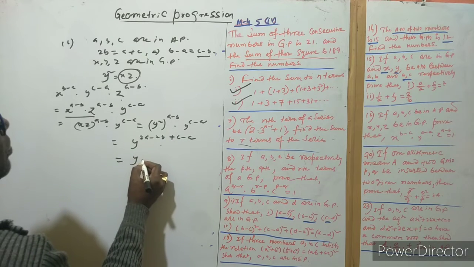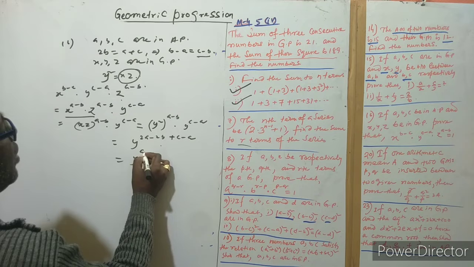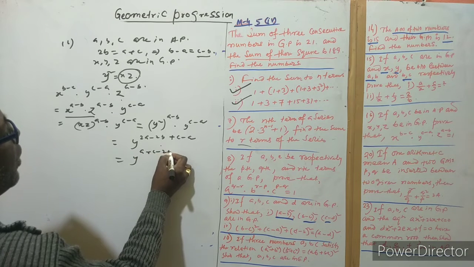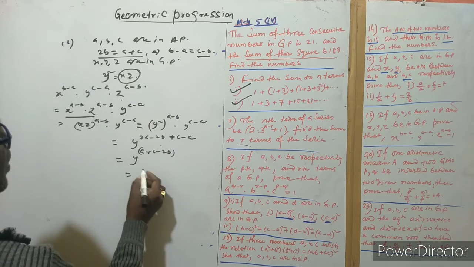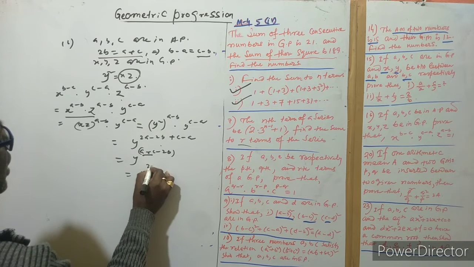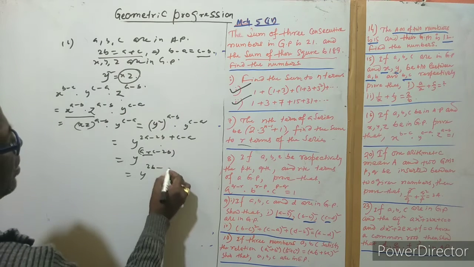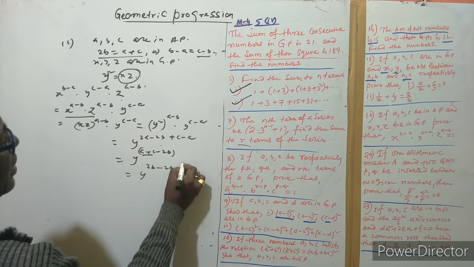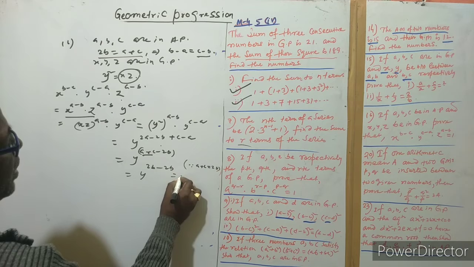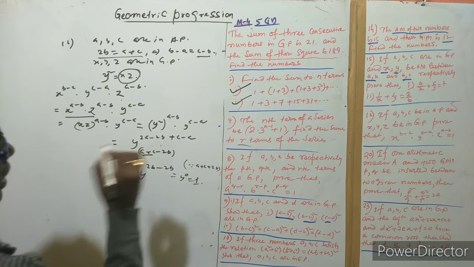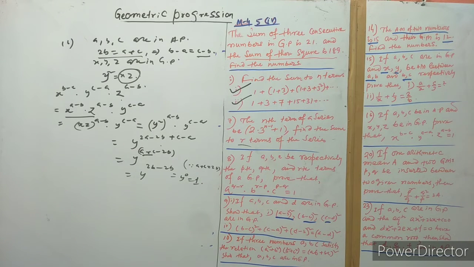So we get here y to the power that is a plus c minus twice b. From that we apply this is twice b, as a from the first case. Since we write here a plus c is equal to twice b, we apply y to the power 0, so we get 1. And this is the 16.